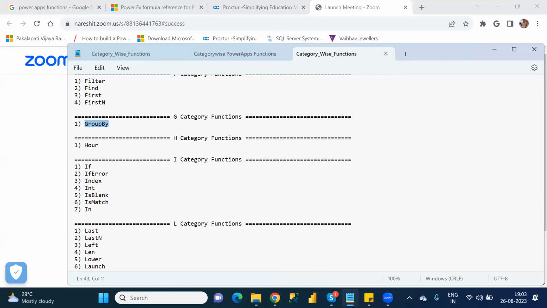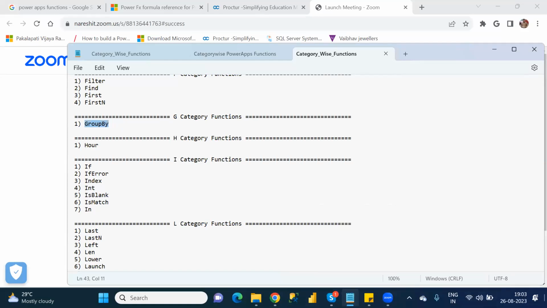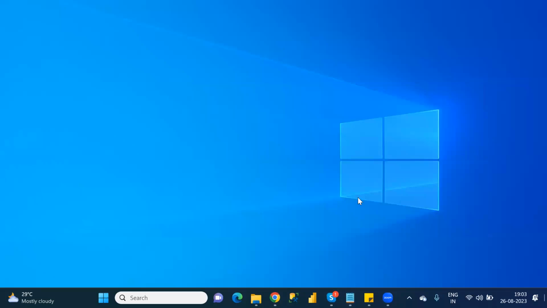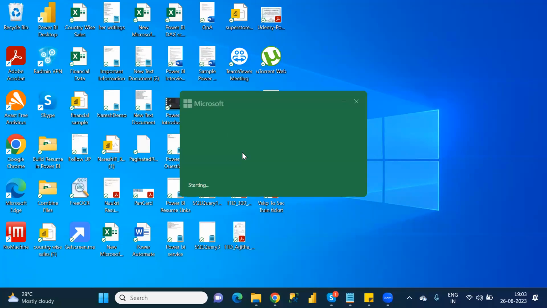First, what is group by? Group by is nothing but summarizing the data. So what is group by? That I will discuss with you. Suppose, for example,